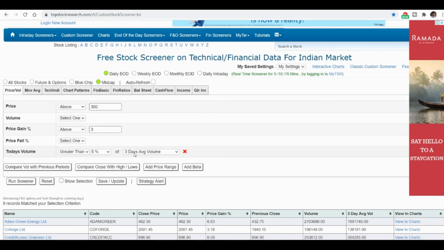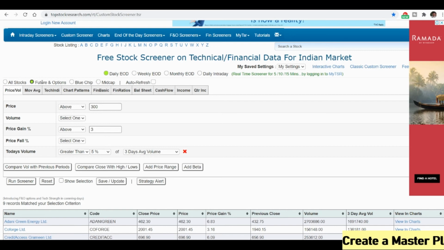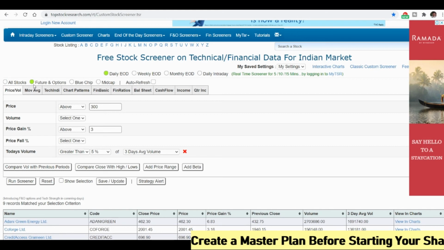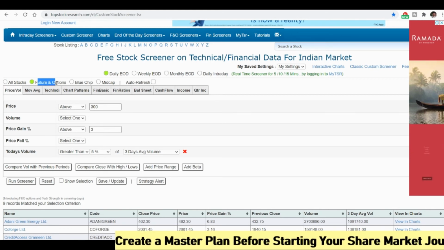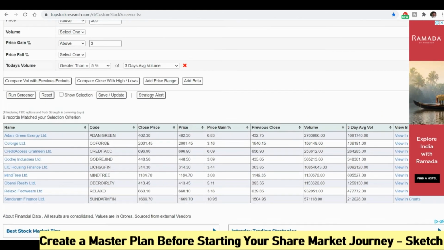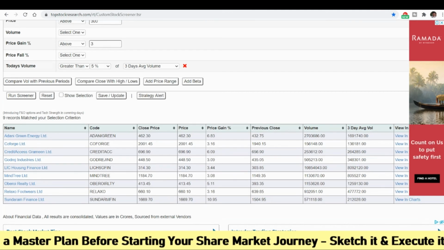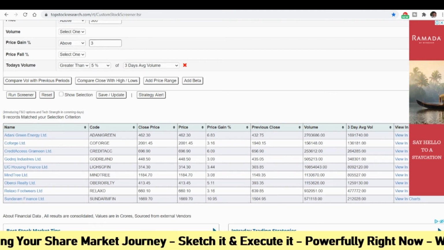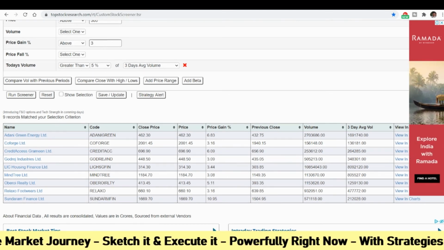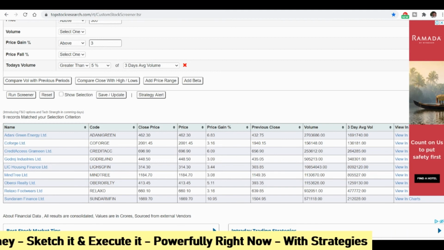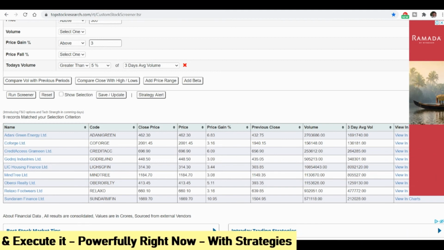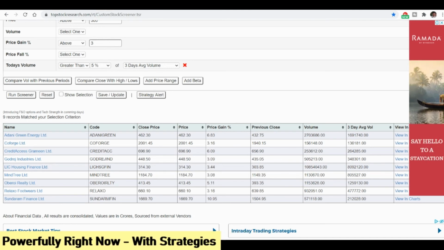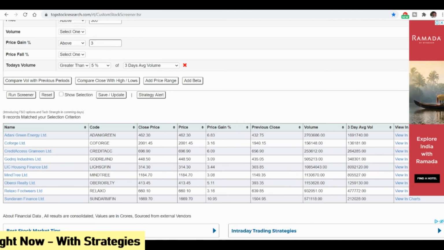So similarly, you can filter the stock. If you see here futures and options stocks, if you want to do put and call, you can just choose this filter and see the list of stocks that it gives, where the volume is increasing and price is also increasing. You can filter these kinds of stocks and apply the 3 indicators that we just discussed. One is volume, and you also see the breakout, whether the stock is making a new high compared to the 5 days or 1 month. When the breakout happens and volume also increases, then it's a clear indication. So basically I will note it down again for you.